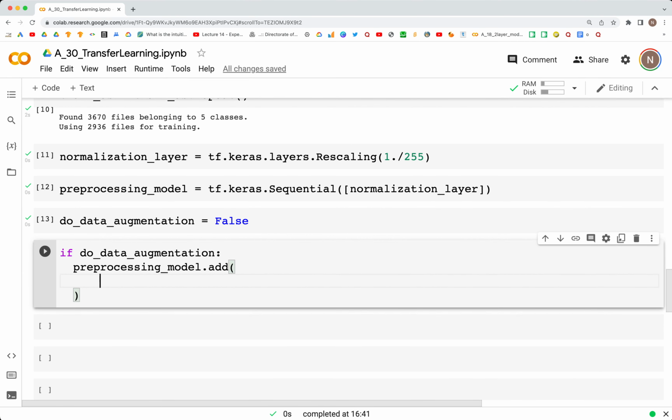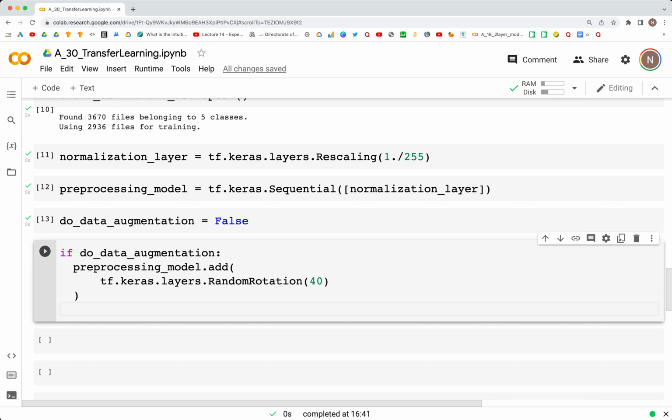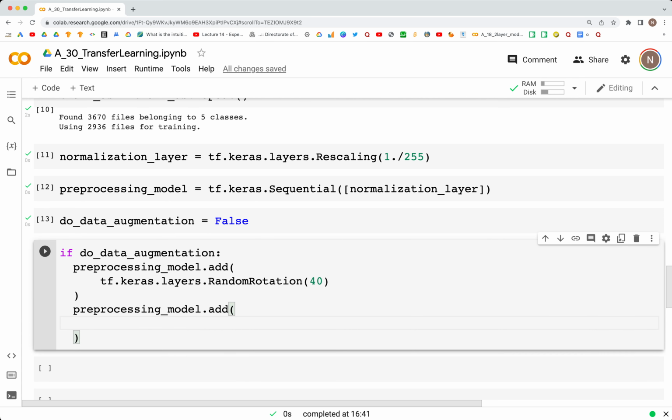and here we'll specify tf.keras.layers.RandomRotation, and we'll specify the number 40. So that's one layer that we are adding. The next layer we can add is preprocessing_model.add. The next layer we can add is for translation,